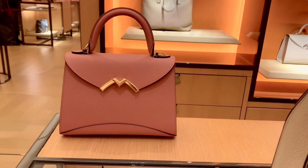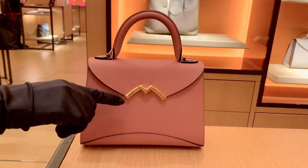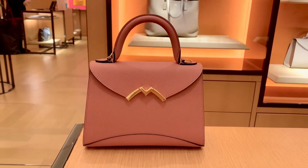So pretty. And oh gosh. So this is the Gabrielle BB that we will have the gold hardware. It's a 24 gold plate on the Palladium. Wow, this is